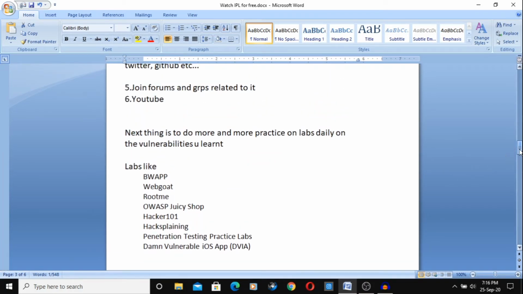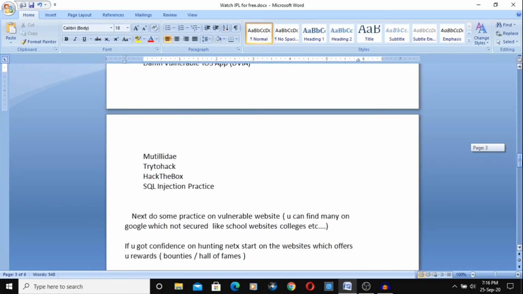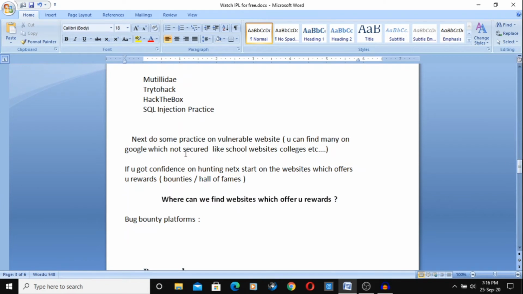These are the famous labs which are already vulnerable, which will help you to increase your practice and increase your skills. By doing a lot and a lot of practice, it will help you to find more bugs when you try on real websites.